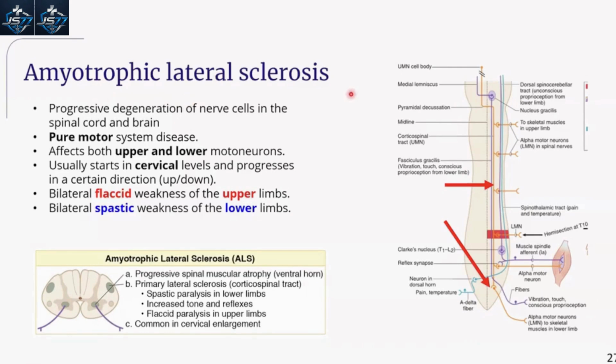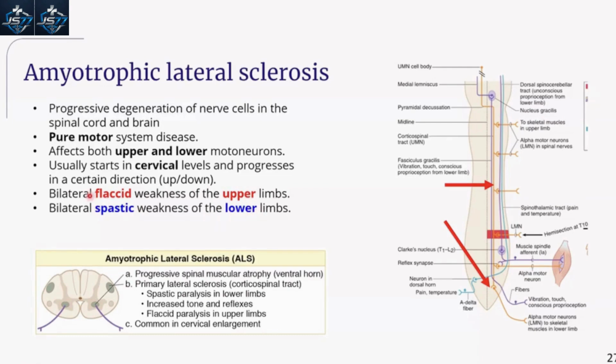Amyotrophic lateral sclerosis. So the progressive degeneration of nerve cells in the spinal cord and the brain. It's pure motor. Any deficits you'll see with that are pure motor. It affects both upper and lower motor neurons, so not just lower anymore. Starts from cervical regions and then it could progress upwards, downwards, or both. We're going to see, usually at the beginning of this condition, flaccid weakness in the upper limbs and spastic in